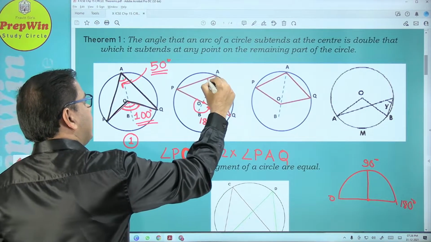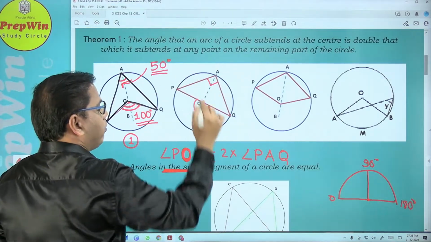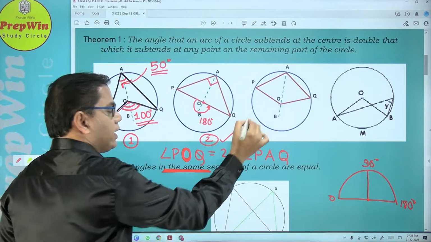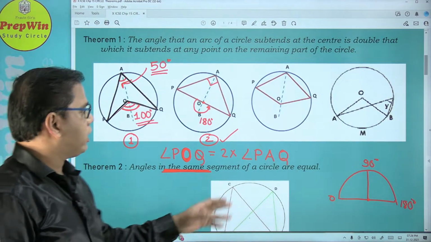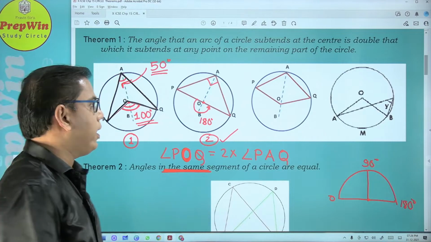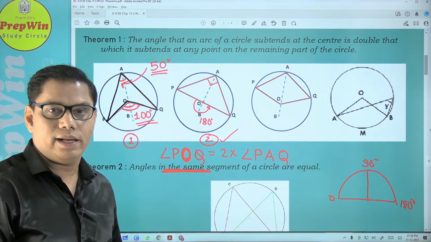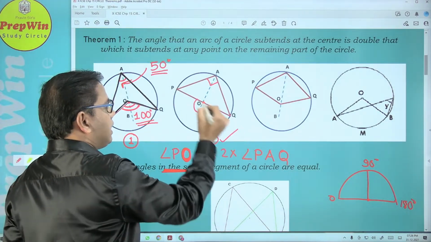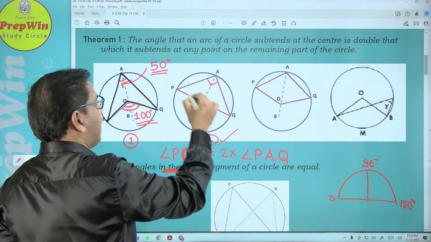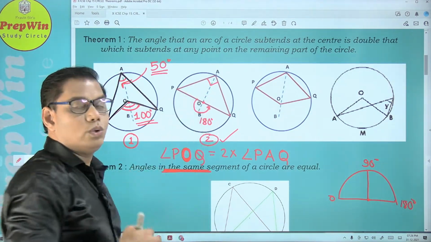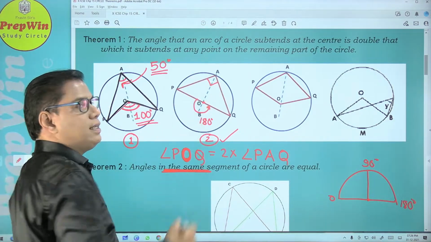90 degree. Okay, so this is from this theorem. But there is also an individual theorem related to the second case. We will study that theorem now. I think it is the next one or the one after. We have a theorem that the angle in a semicircle is a right angle. 90 degree means right angle, and this is a diameter. In my introduction I told you that a diameter divides a circle into two semicircles. So if your angle is inside a semicircle, it is 90 degree.